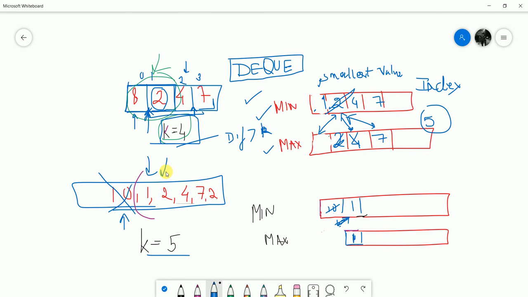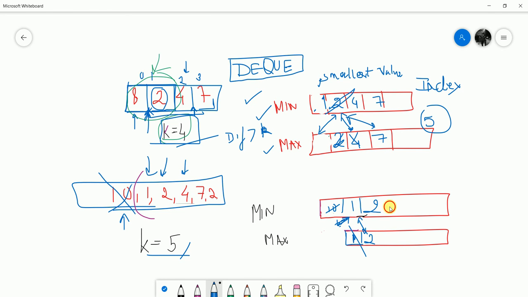Now we have element 2. Since the element is greater, we add 2 at the back. And since here 2 is greater than 1, I am removing it and adding this. So the front values are 1 and 2. The difference of these two values is less than 5, so we continue to iterate.